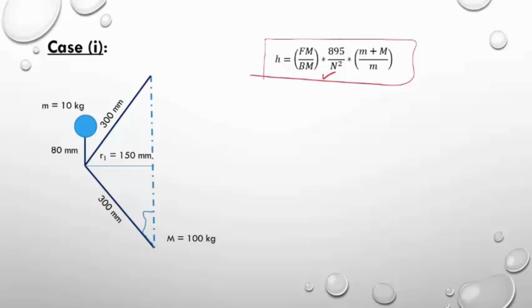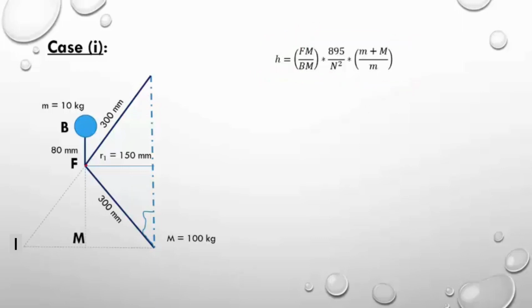Because there is no data to consider the effect of friction acting on the sleeve during the operating condition, we have neglected the effect of friction in this formula. Both the upper and lower arms are of equal length and both are connected to the axis of the governor, so this angle and this angle will be equal. So for this simple case, we can use this relationship equation to calculate the minimum equilibrium speed of the Proel governor. Here Fm and Bm are the distances.